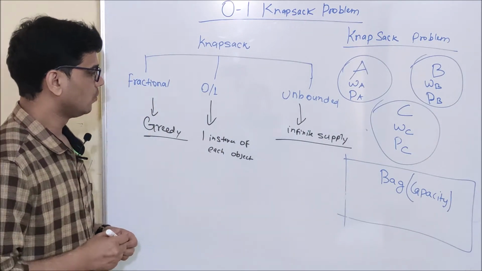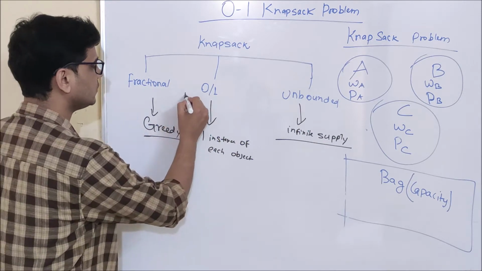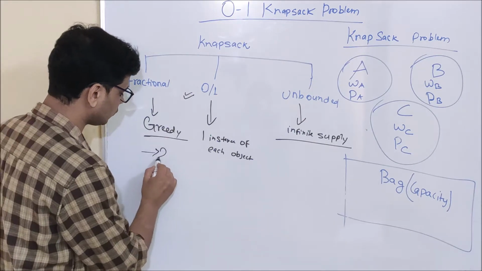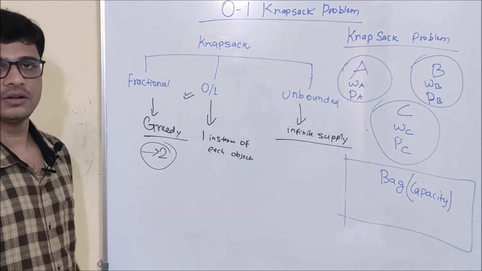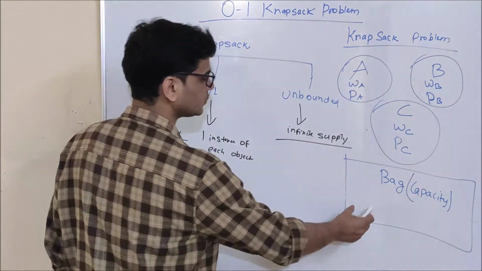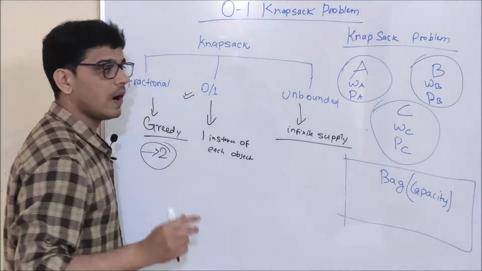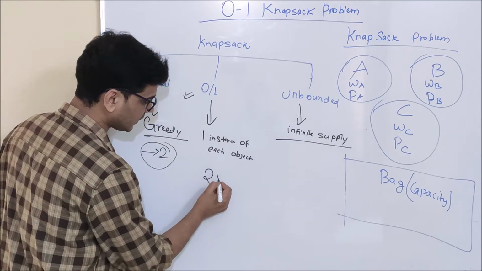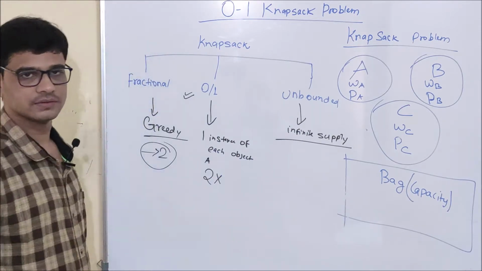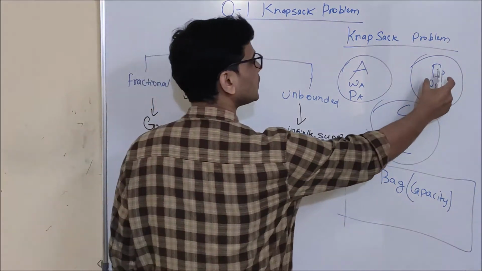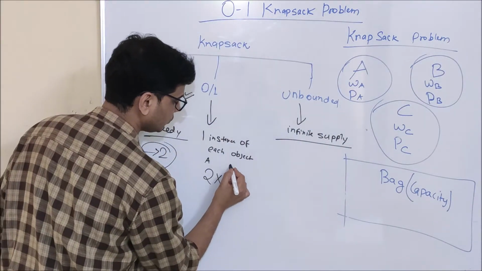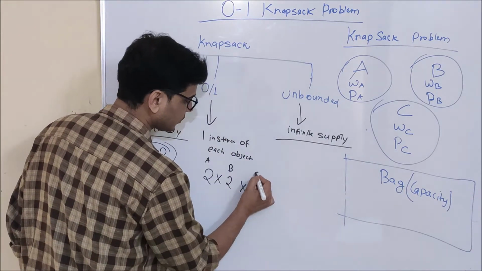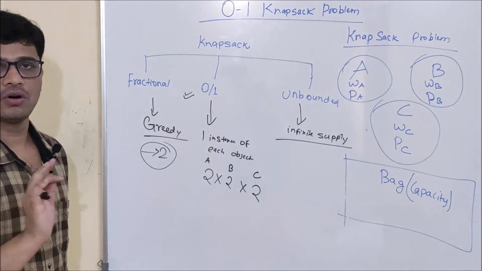So what are we going to do today? We are going to see this 0-1 knapsack problem. In the 0-1 knapsack problem, I have two options for each object. That is, either we want to consider it or we have to ignore it. So suppose this is my bag. How many options will we have for object A? Either I can take object A or I ignore it. So I have two options for object A. For object B, I also have two options, to take it or ignore it. Similarly, for object C, I have two options, either to take it or to ignore it.